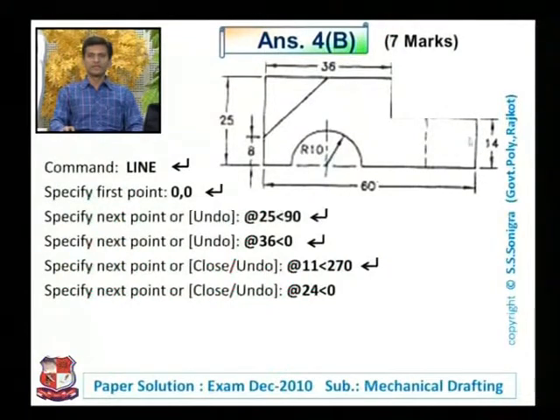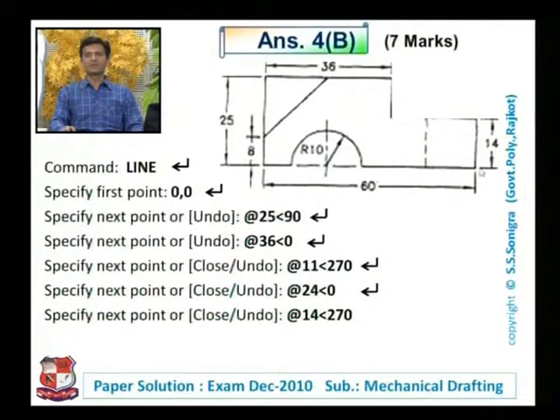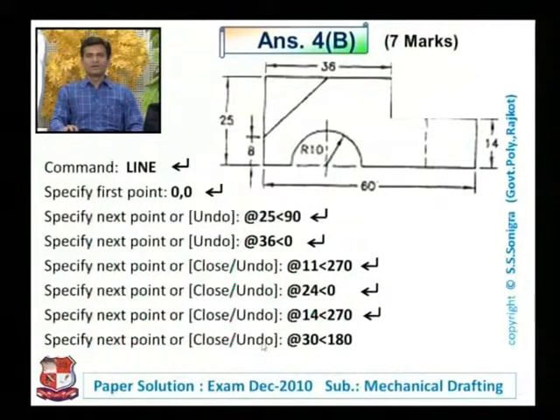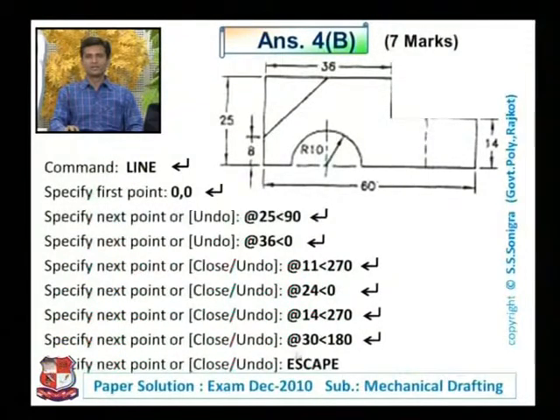Now to draw this line, what should we do? We know the length, so enter, the length is 14 millimeter and the angle is 270, so it will draw a downward line like this, and enter. It will ask next, specify next point. So this length, this is 30, so from here at an angle of 180 it will draw this line, enter and escape. Here it should be 60 because the length is 60 millimeter. Kindly do the correction: this is not 30, this is 60. So it will draw this full line.